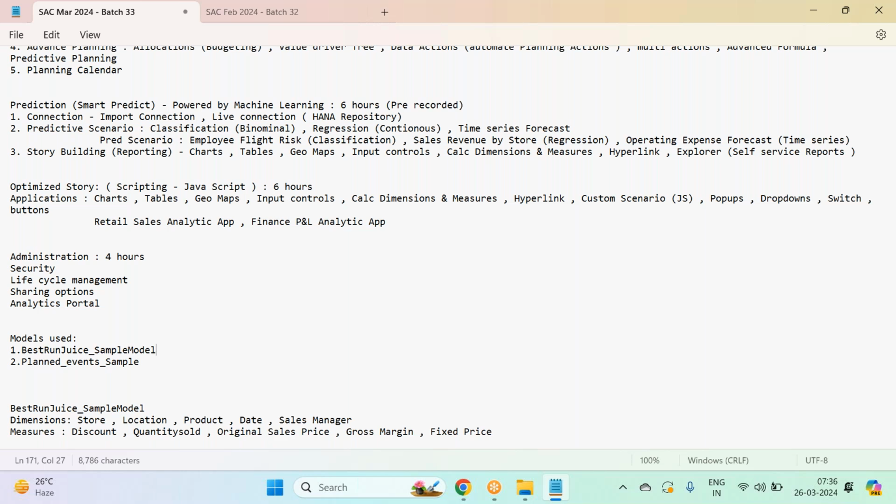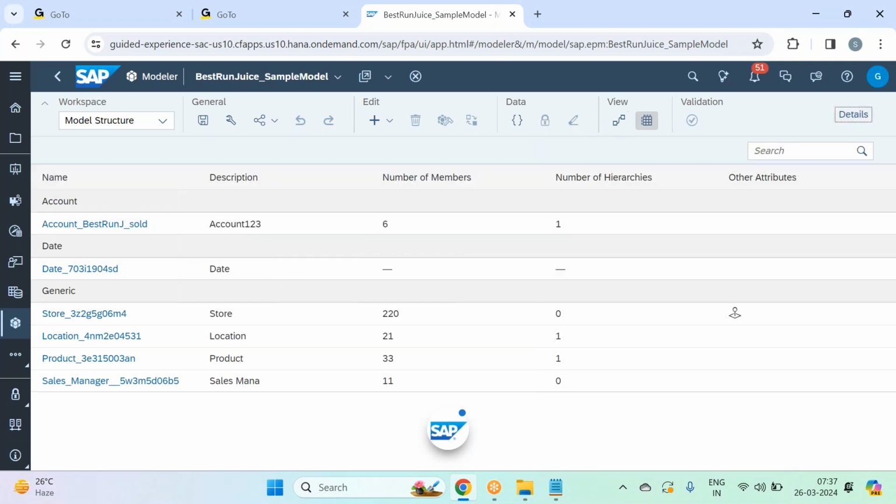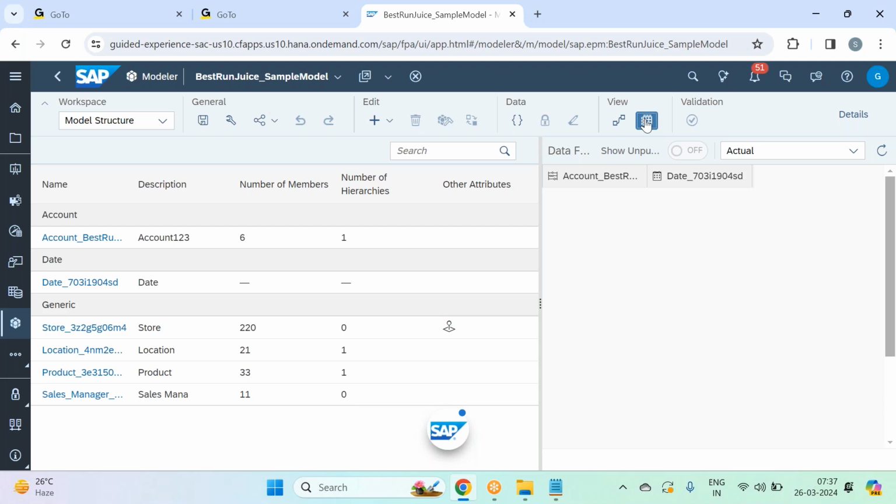They will be available in your system as well. Go and check. They will be available in the samples folder. I'm going to use these two sample models to start with my reporting. Okay. So if I go onto the best run juice sample model, if I just go for the data preview on this,